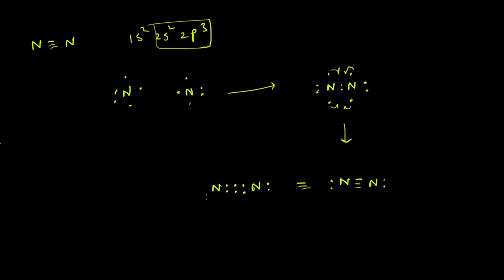A total of 6 electrons will be shared by each nitrogen atom along with their lone pair of electrons, which makes the octet fulfilled for both these nitrogen atoms, right? So now you can understand how the triple bond as well as the double bond can be drawn in terms of Lewis dot structures. So now let us consider the case of boron.